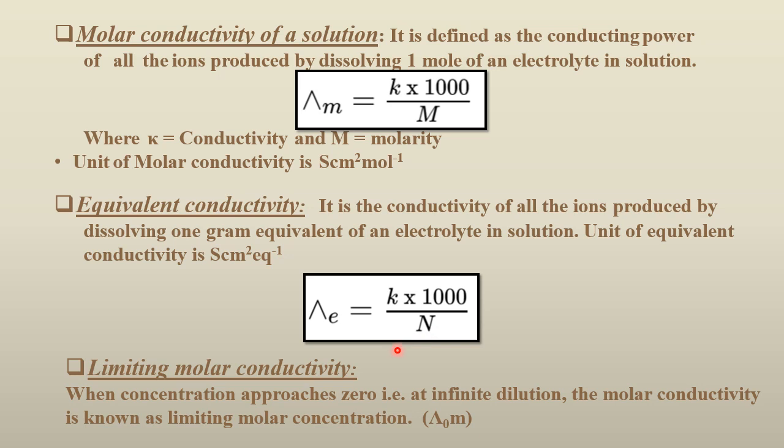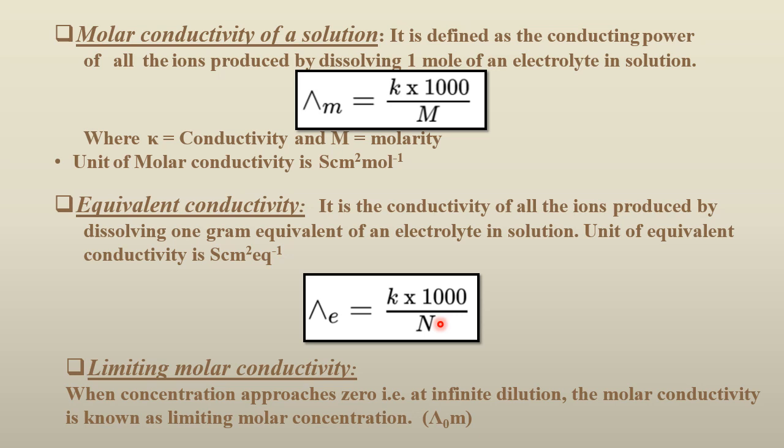Next comes limiting molar conductivity. Limiting molar conductivity means when the concentration, now what is concentration? Molarity and normality are units to measure the concentration of a solution. As I told you, a 1 molar concentration means the molecular weight of that particular solute dissolved in 1 liter of solvent. So sodium hydroxide dissolved in water as the solvent, that is its 1 molarity, which defines the concentration of the sodium hydroxide solution. Similarly, if we want to measure normality, we use the equivalent weight.